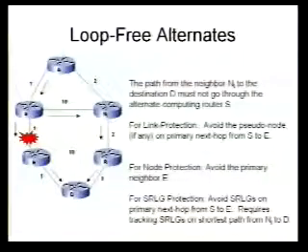So first, let me talk about loop-free alternates, which Dave has already introduced. This is a little bit more of an example. It's not just a triangle topology necessarily. In this particular example, S is the computing router. It can send traffic to reach D via E normally. If the link from S to E fails, S can use an alternate path sending it to NI. And this is all, as Dave said, computed using the link state database that it already has.